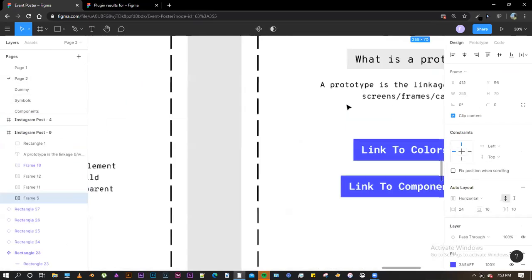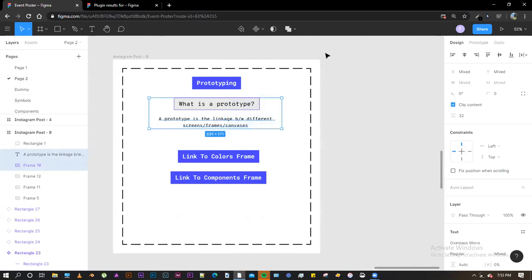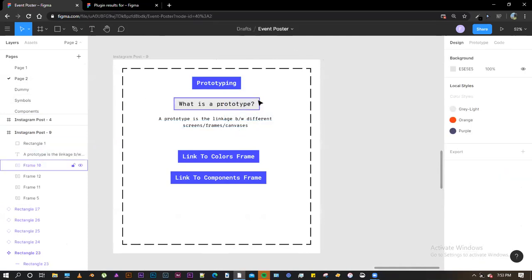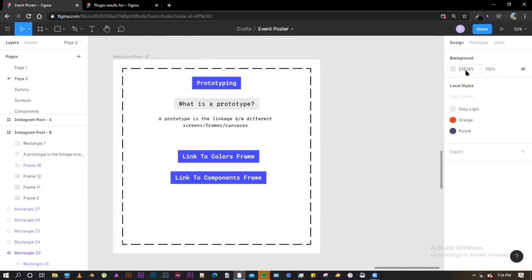That is prototyping. So prototyping is basically the linkage between your screens or your frames, as Figma has named it. So if you click on the right side here and click on prototype, it would open a prototype window.